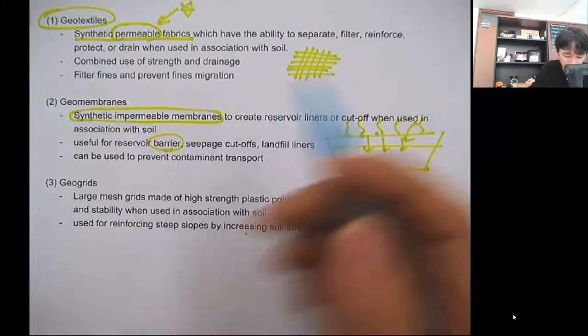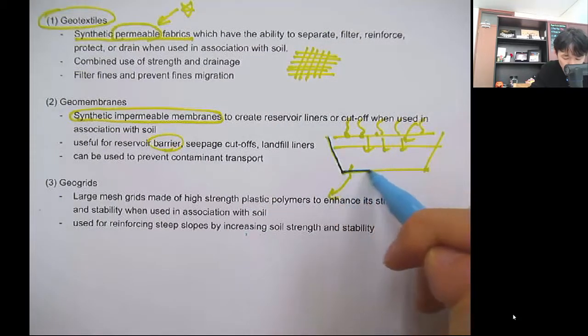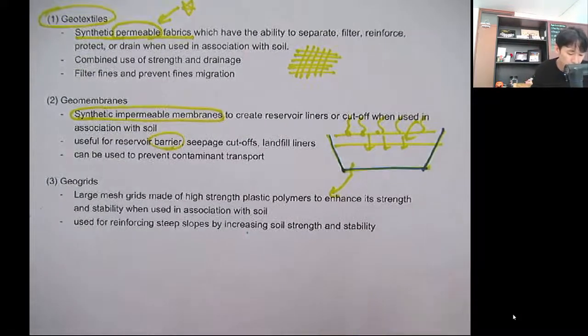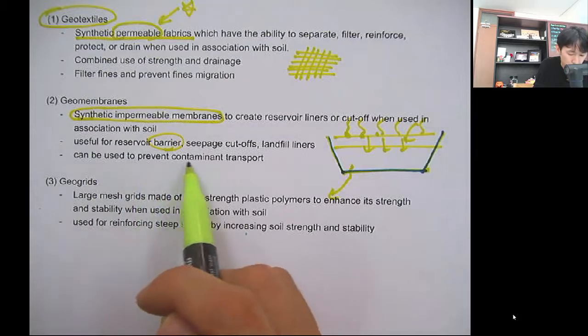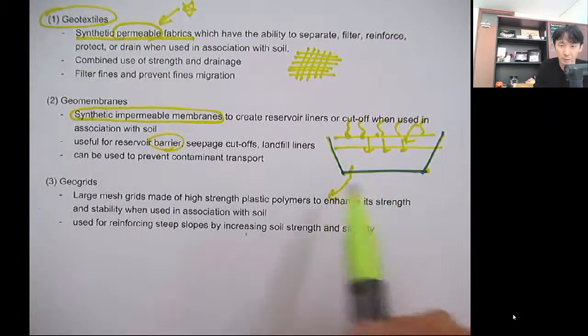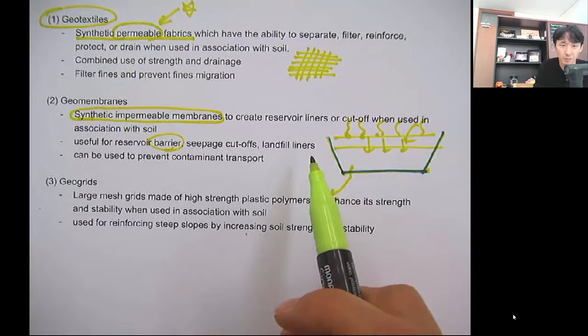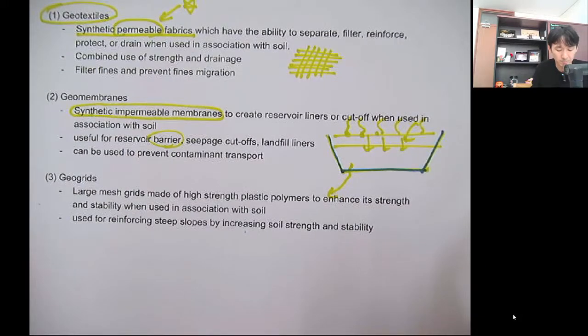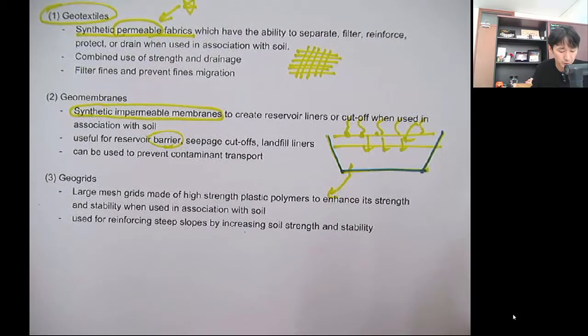So this kind of geomembrane can be installed to contain the wastewater, and it can be used to prevent the contamination transport. So like I said, if you use a landfill liner using geomembrane, then it will block the water seepage out, so that it removes the risk for the soil